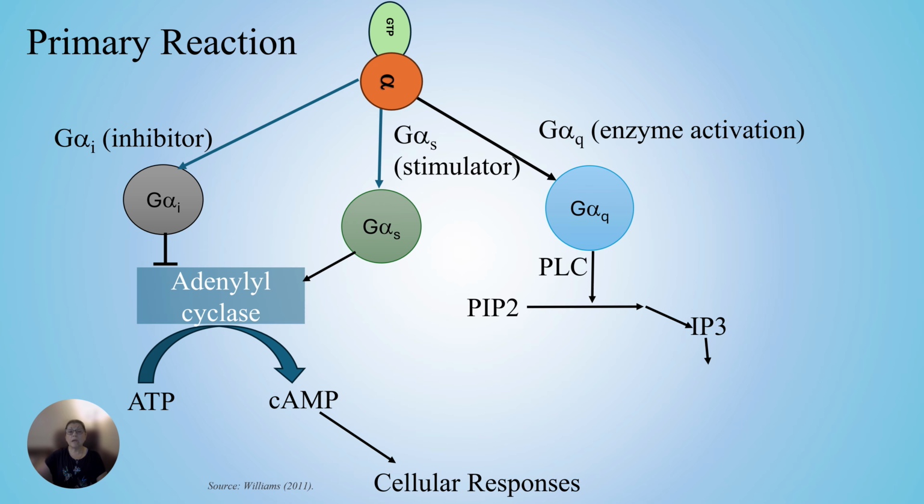The IP3 then activates the PKC. The PKC then activates within the nuclear cell calcium, and this causes cellular responses. One of the cellular responses is,